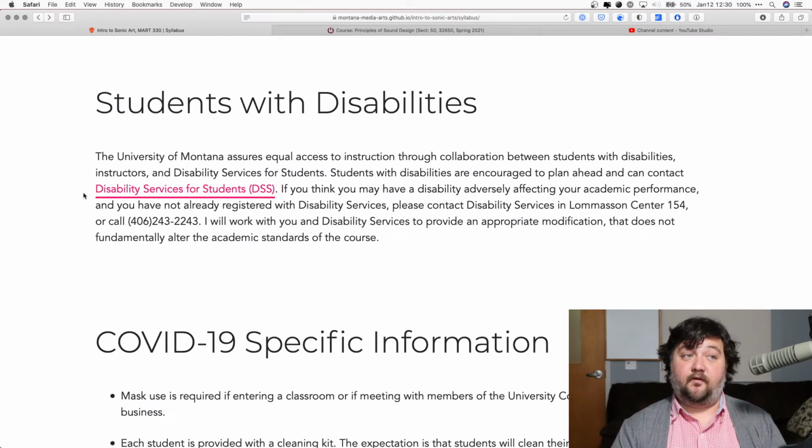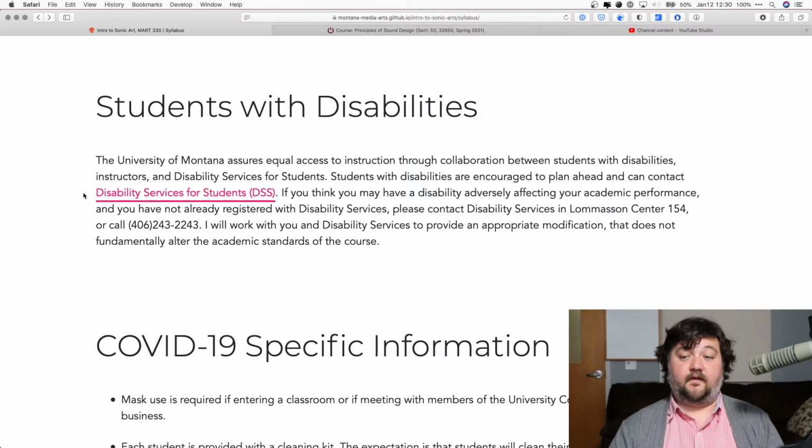If you have a disability or other visual or non-visual difference that affects your ability to work or get work done on time, please make sure that you have gotten in touch with Student Disability Services, or DSS. The link is right here. And please, if you'll need accommodations for the course, please create a plan with DSS to reach out to me, so we can create and discuss how to best accommodate the course. I will make every modification I can where appropriate that does not fundamentally alter the academic standards or meaning of this course for you. Of course, I want you to feel welcome, so we'll work together and make sure that happens.